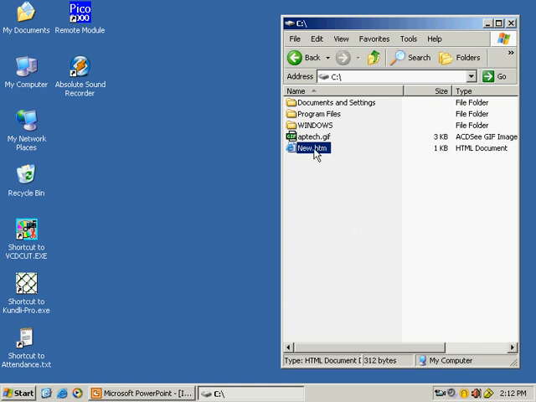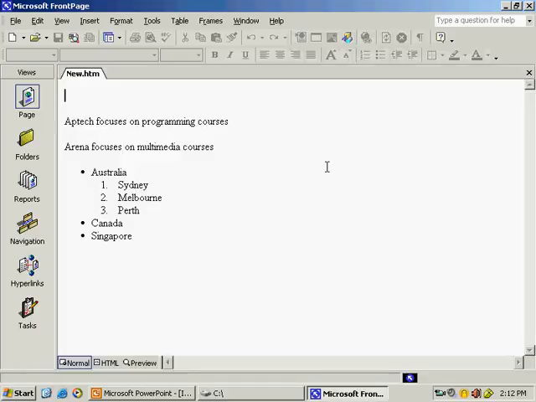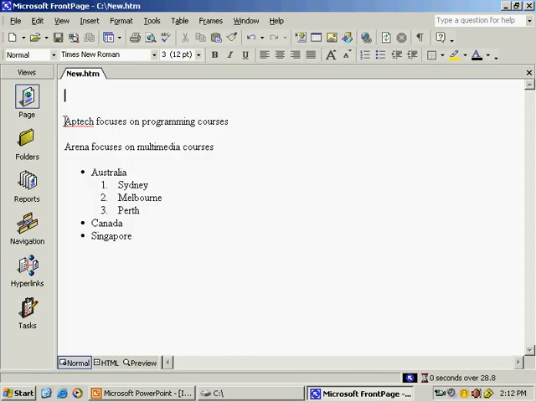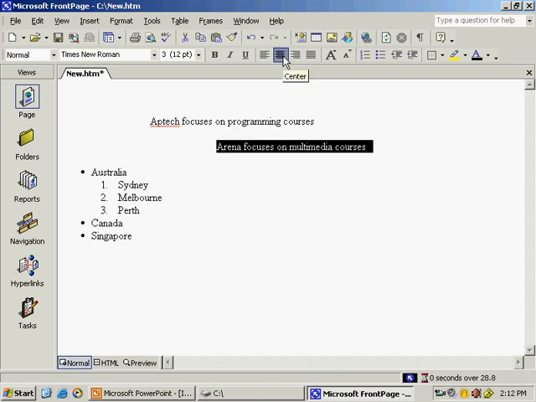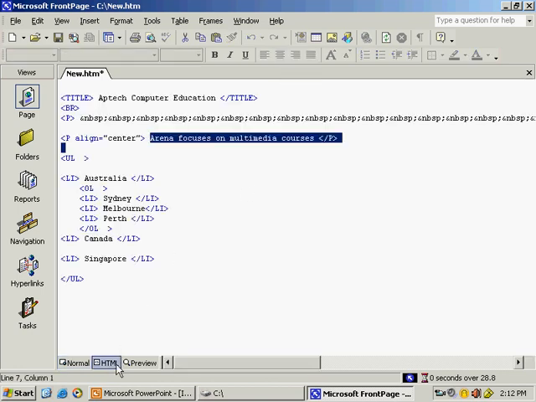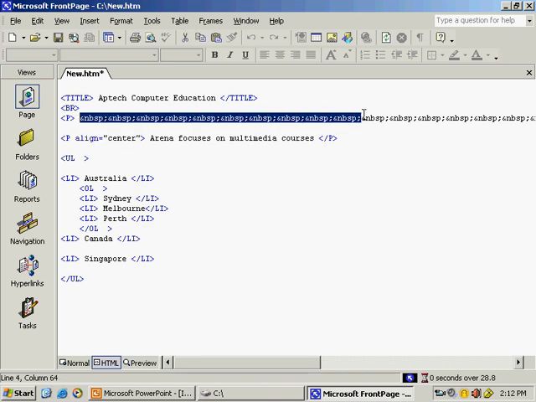Now again suppose open it and go to edit. Suppose now you need some tabs, 1 2 3, like suppose you need this side and this one also. You can select and make it center. That's all. Now come to code and see. When you give center, you can see automatically it has added align equal to center. And when you give tab, you can see these tabs it has added automatically.